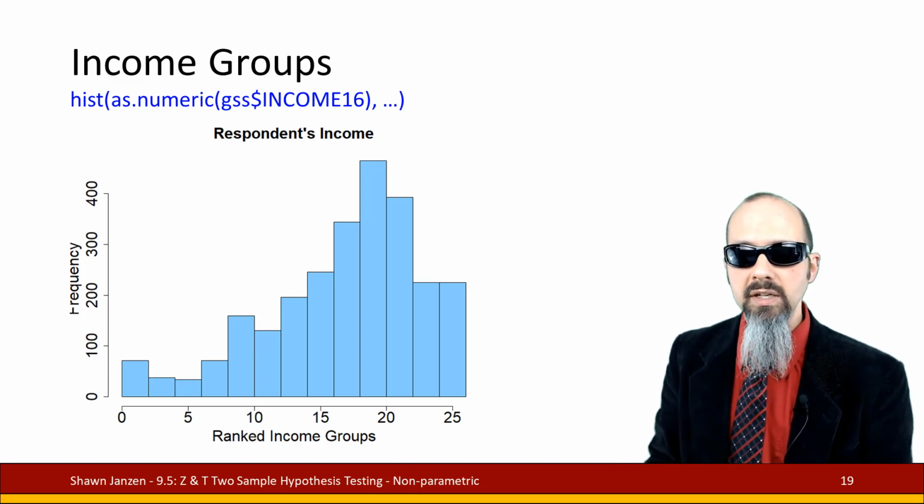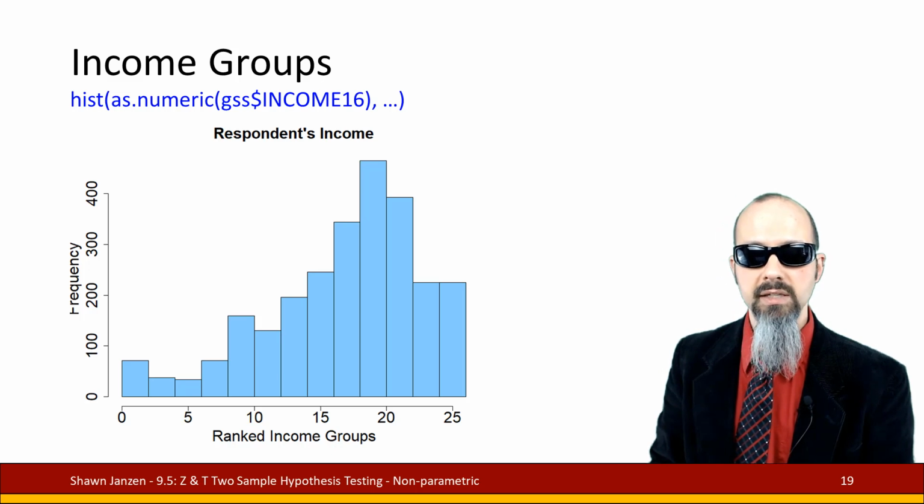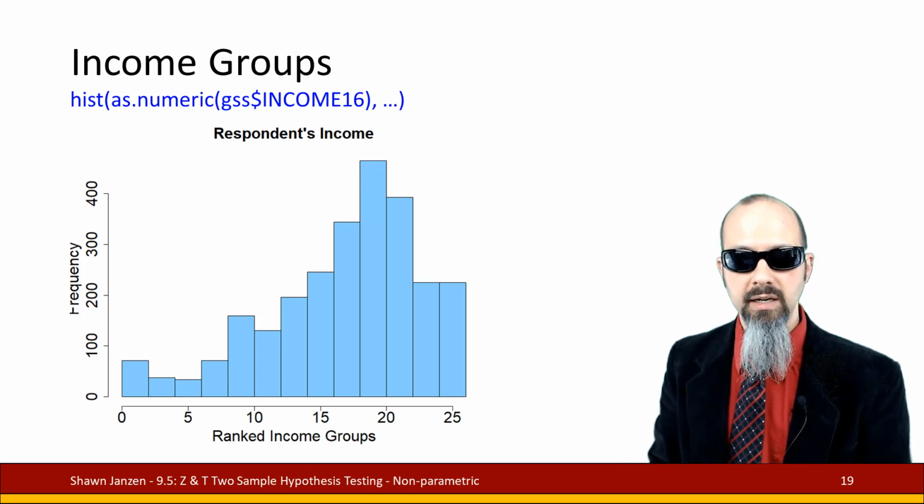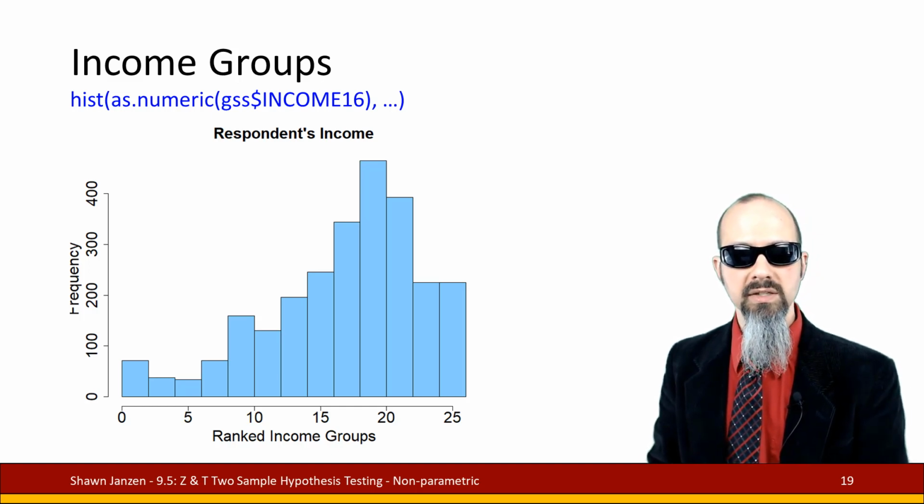Not something you normally see when you're looking at salary income. Typically it's got right skew. But in this particular data set here, could be the way they had the buckets coded. It could be that they have a large number of low income buckets relative to the medium income buckets. We could take a closer look at that, but what I generally want you to see here is that it